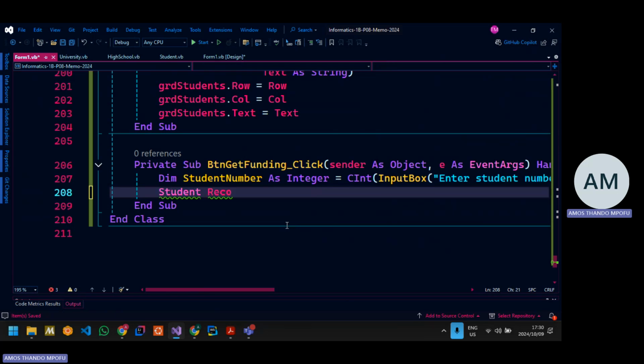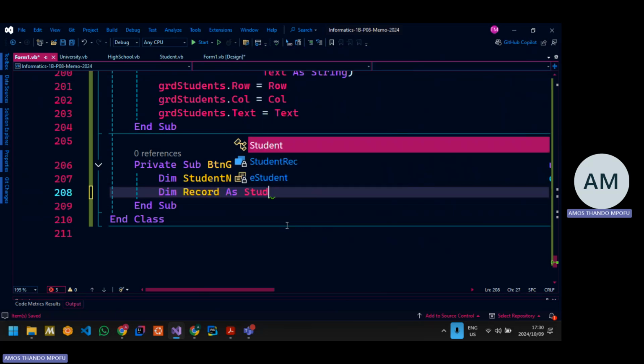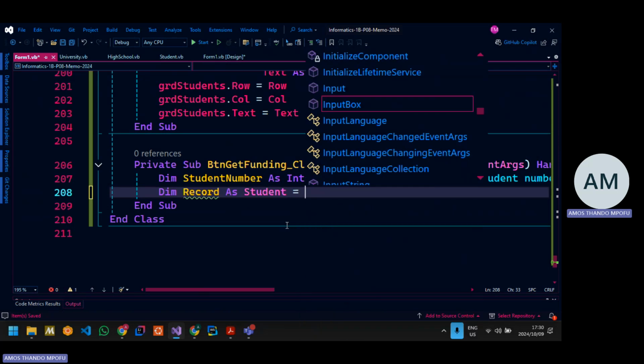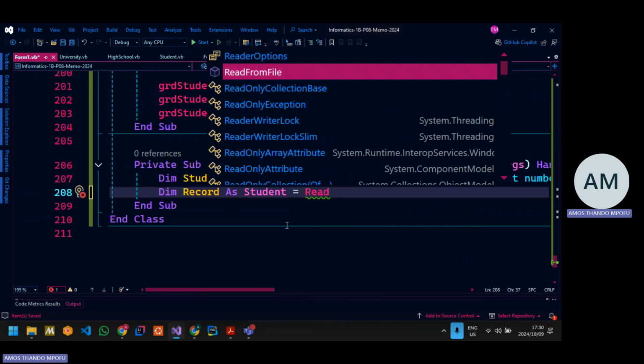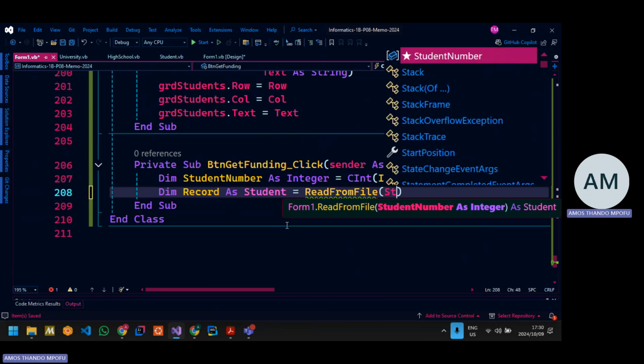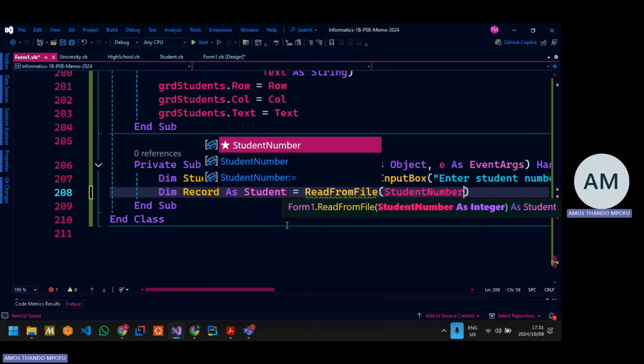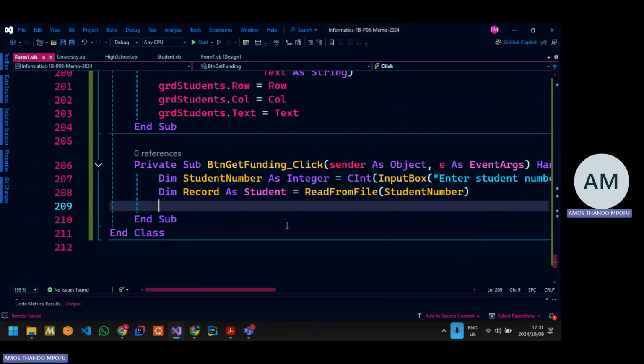So dim record as student. So we're going to get back a record, right? So I need to call the read from file function and pass that student number that I got from the user. And then once I've read the student from the file,